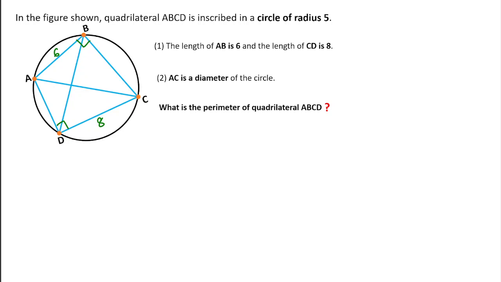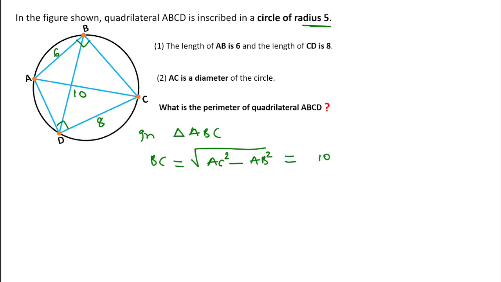Actually then we can write here in right angle triangle ABC, BC equal to what? Why I'm writing BC? Because AC length will be 10 unit. Because radius is 5, then diameter will be 10, so AC length will be 10. So we can find the length of BC. Using Pythagoras theorem, BC is under root of AC square minus AB square, and AC is 10, so 10 square, and AB is 6 square, which is equal to 100 minus 36,